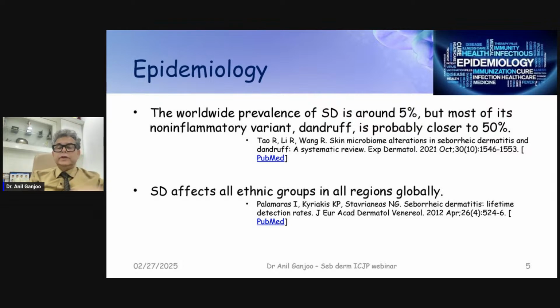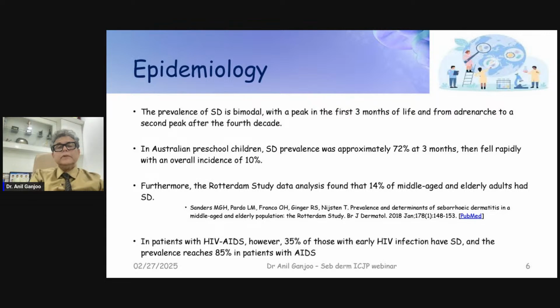About 5% of the patients worldwide have proper seborrheic dermatitis, but the non-inflammatory variant, that is dandruff as you call it, which is associated with scaliness of the scalp, happens in many more patients, about 50% prevalence across the globe. All ethnic groups are affected globally. And the infantile variety happens, as I told you, within the first 3 months of life, and usually ends by 1.5 years of life. And the second peak happens in the 4th decade, where we call it adult